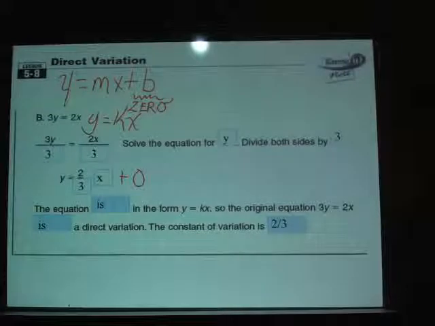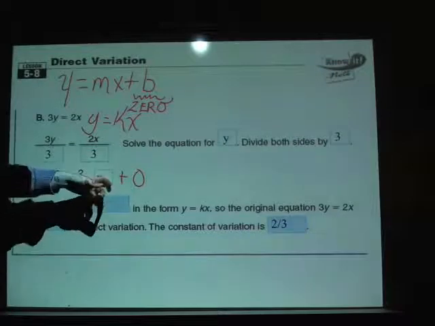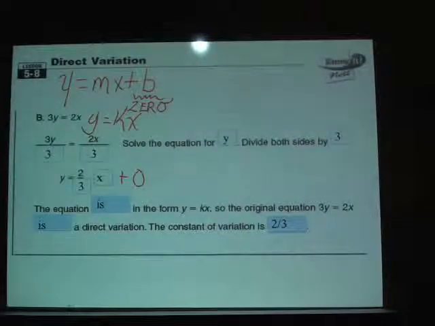All right, so since that's in the form, that means yes, this is a direct variation, a number times x. What's the constant of variation? Well, there's only one number in the question, so it's got to be this 2/3. What does the constant of variation mean? Well, we don't have any real meaning in this question,